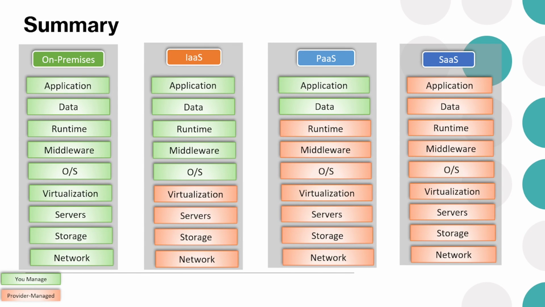In summary, on-premise you manage everything. In infrastructure as a service you manage the operating system, middleware, runtime, data, and application. In the PaaS model, you manage only data and application. In SaaS, everything is managed by the provider. Okay, so this is all about the different types of cloud